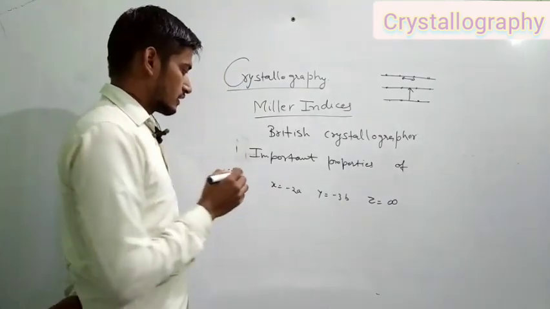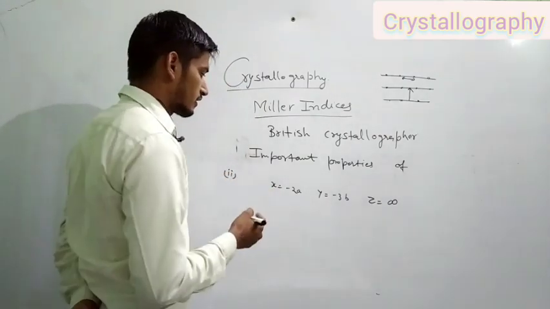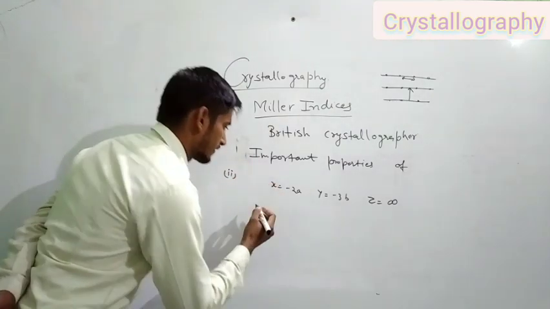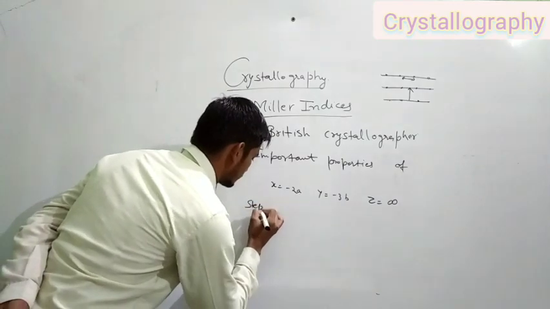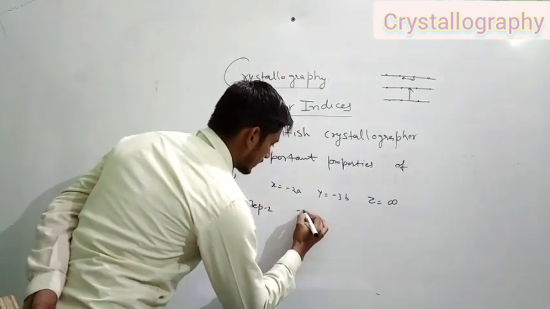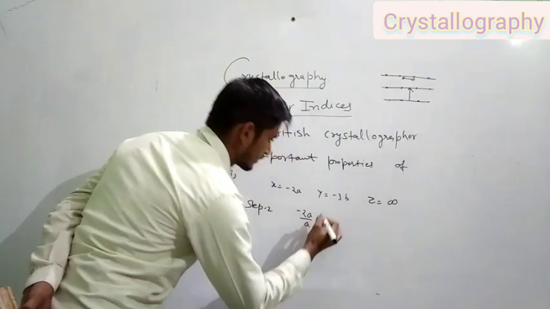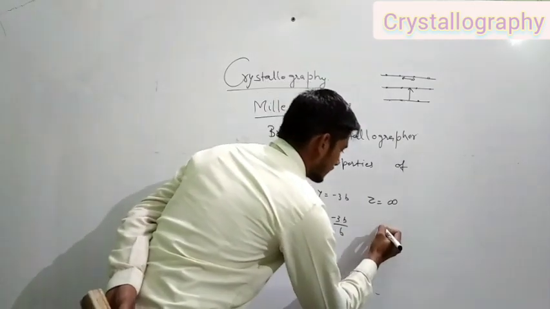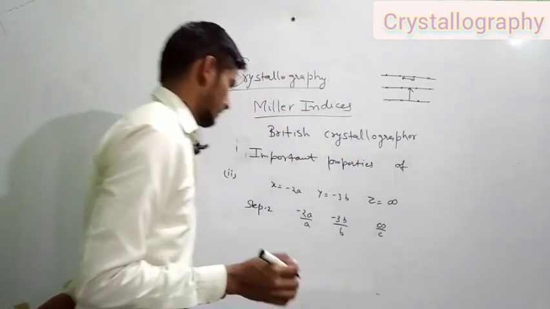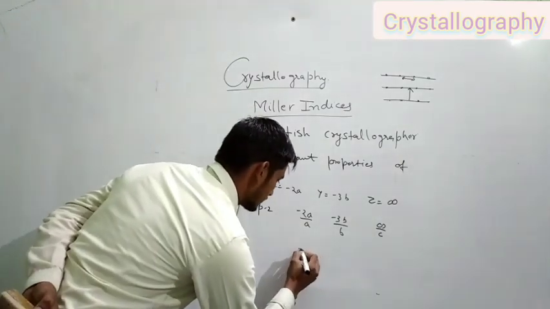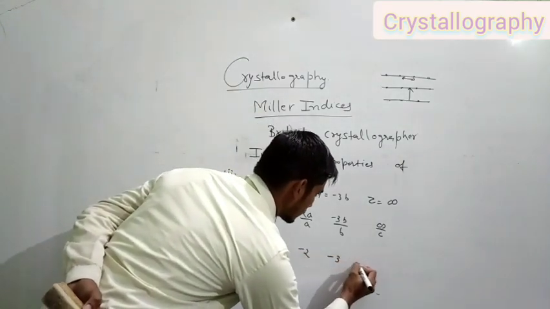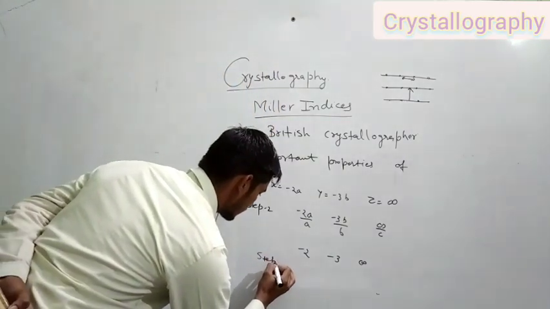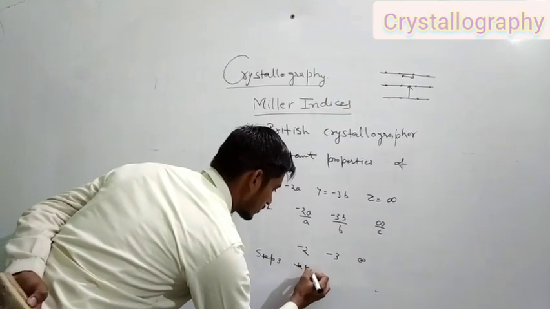Now, take the reciprocal of these numbers, or divide by the lattice parameter for the crystal plane. Step 2: minus 2a by a for the x-axis, minus 3b by b for the y-axis, and infinite by c. Okay, minus 2, minus 3, or infinite. Now step 3, take the reciprocal